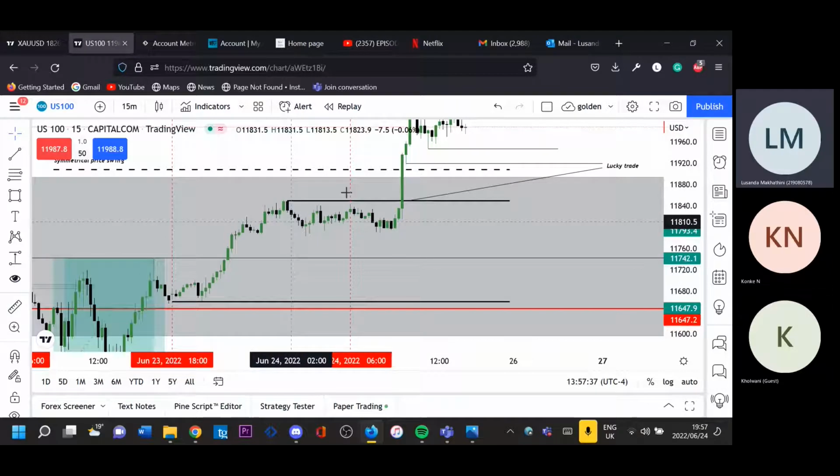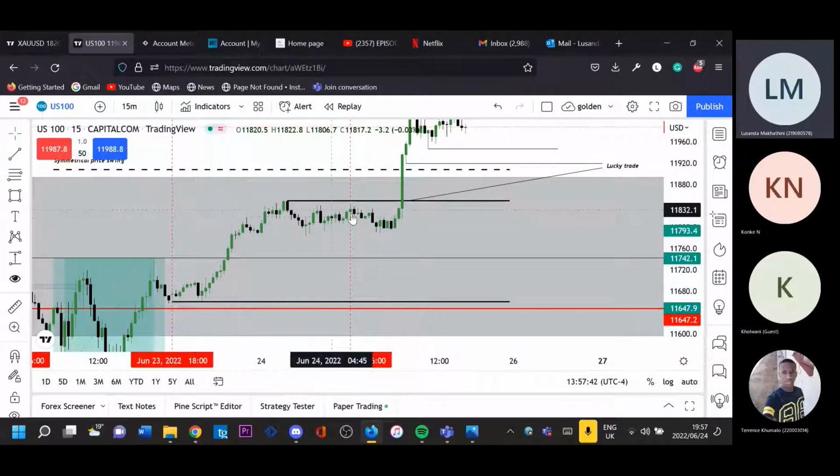Today was just unpredictable, I won't lie. Probably with some other strategy, you understood what was going on. Probably you just traded the breakouts, because I could have simply come and said, oh guys, I just waited for the breakouts, and after the breakout I put in buys. But for me, I don't see a level where price was buying off for me to actually consider this a buying trade.